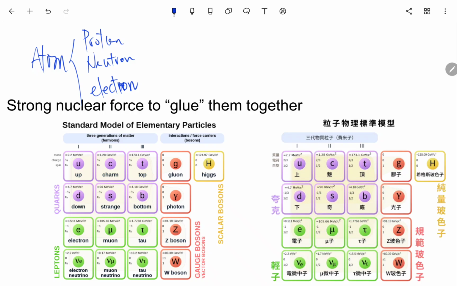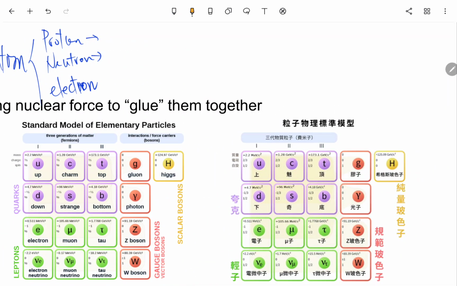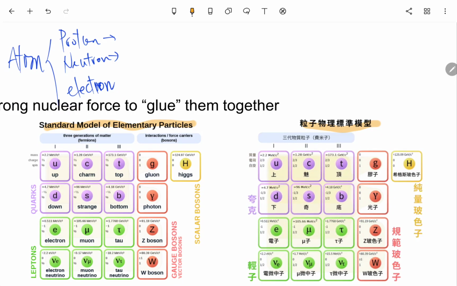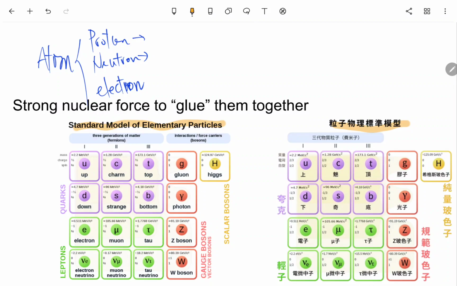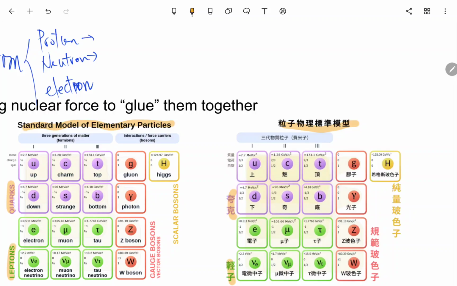The answer is yes and no. The proton and neutron can be separated, but an electron cannot. 那你可能就会问了，proton 跟 neutron 再拆成什么呢？这里有一个叫做 standard model of elementary particle，中文叫做粒子的标准模型。你就会看到有很多古怪的东西，紫色的我们叫做 quarks，夸克。绿色的六个我们叫做轻子，就是很轻嘛。右手边红色的叫做 boson，玻色子，还有一个叫做 Higgs boson。